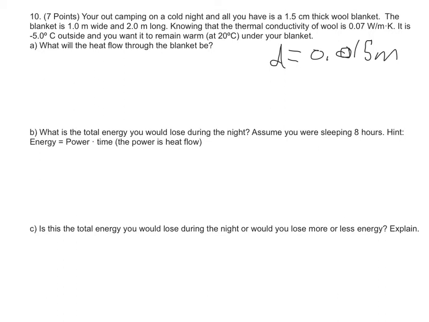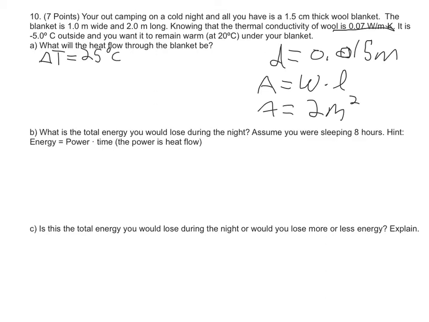So our area, which is going to be width times length, is going to be equal to 2 times 1, which is 2 square meters. And we're told that the thermal conductivity is 0.07, so I'm not going to rewrite that since it's given right here, and that it's -5 degrees C outside, and you want to stay warm at 20 degrees C. So our delta T, our change in temperature, is going to be a difference of 25 degrees Celsius,